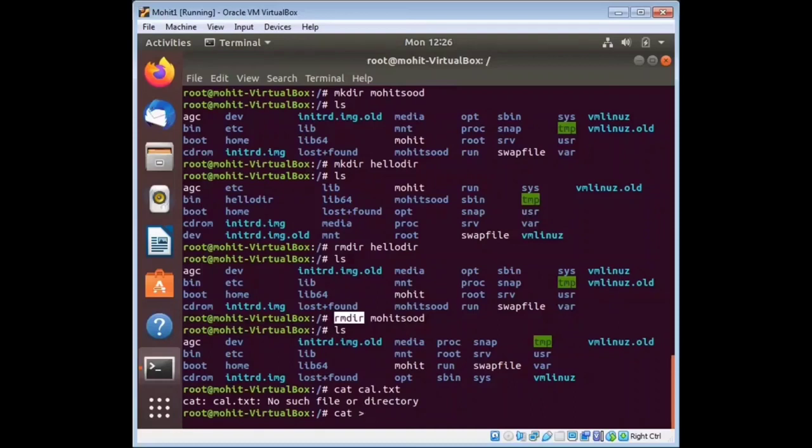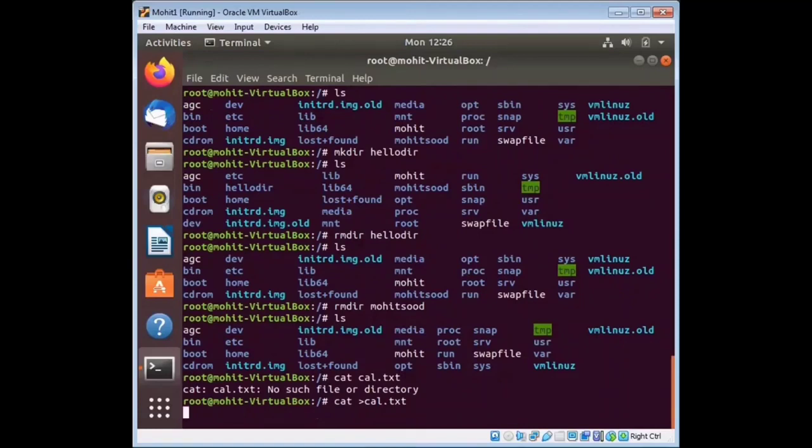Cat space greater than cal dot txt. This command is basically used to create the file. With the help of the greater than sign, you can easily create your file. When you press enter, it will be created. Now type the text into this file. See, calculator.